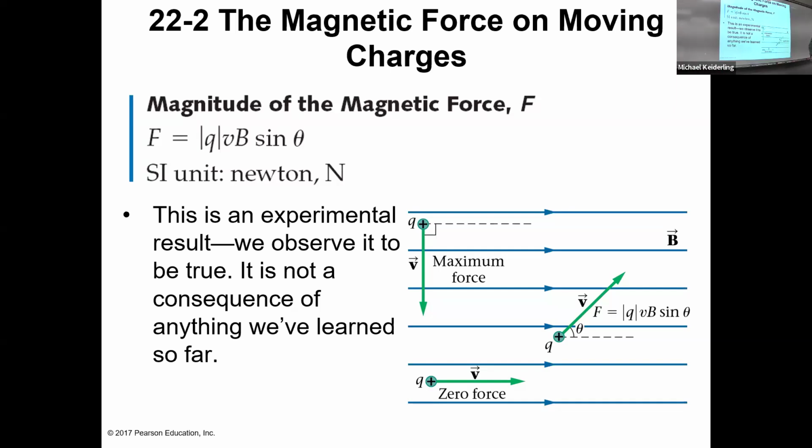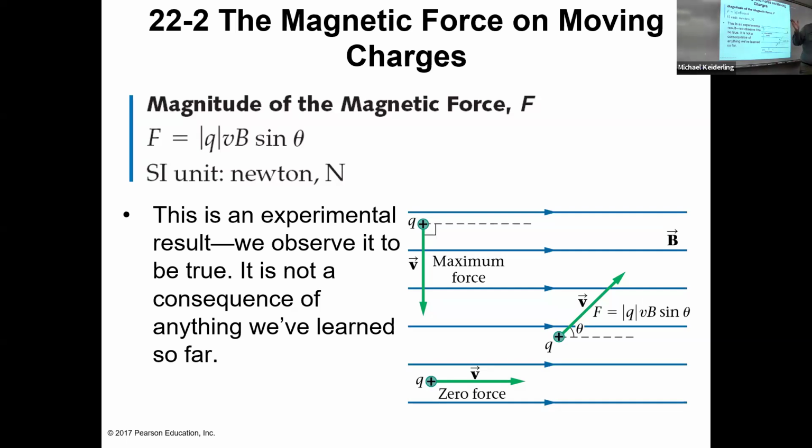When you have a charge that is moving through space, it has a force on it. To figure out the force, the magnitude of the force is charge times velocity times magnetic field times the sine of the angle between velocity and magnetic field. And the direction,